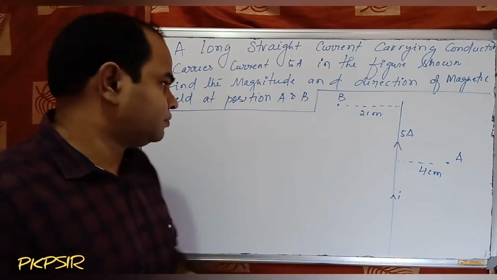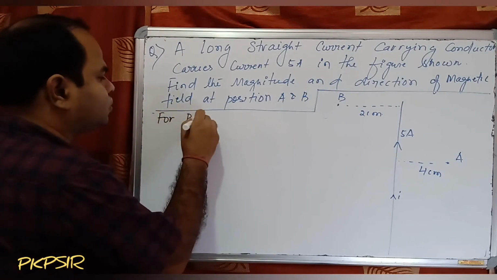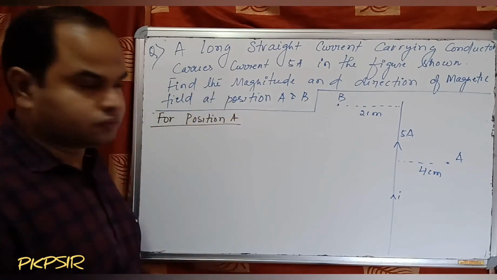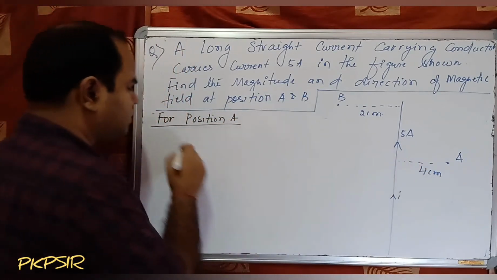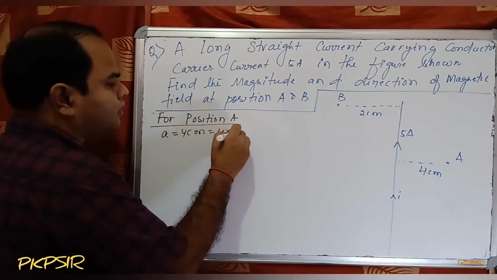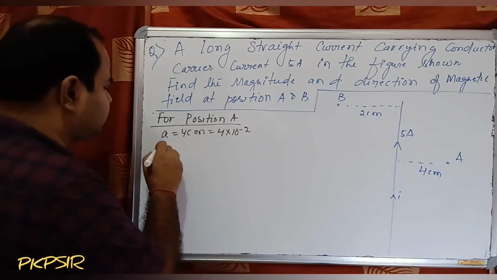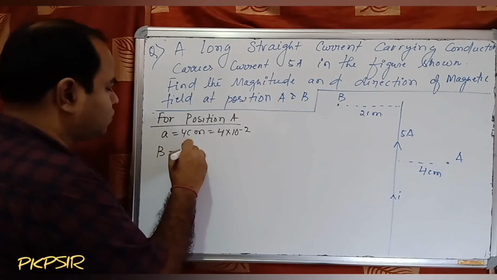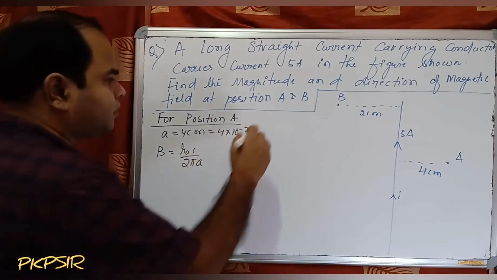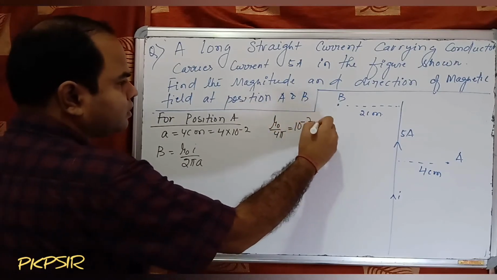So for position A, the distance is 4 cm, that is 4 into 10 to the power minus 2. For an infinite conductor, what is the formula? B is equal to mu naught I by 2 pi a, and we should know that mu naught by 4 pi is equal to 10 to the power minus 7 Tesla